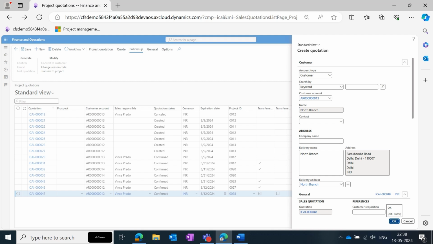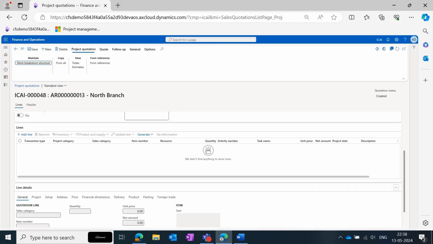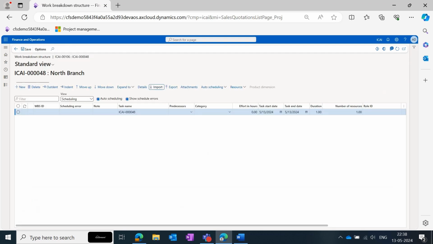Now let's go to the time and material contract. Here the initial process remains the same. We have to create project quotations, fill in the customer details, go to the work breakdown structure to list all the activities, import the work breakdown structure or the WBS template,